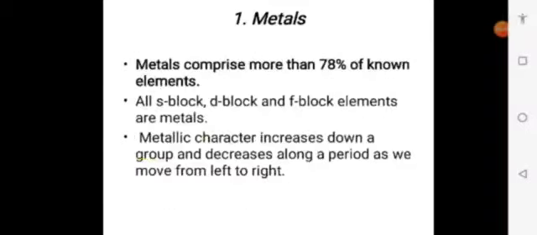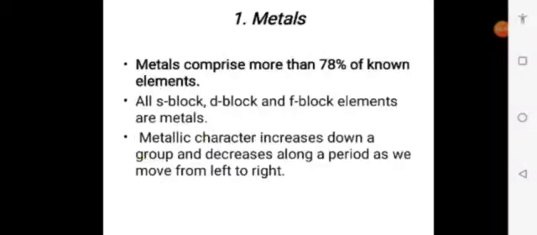Now, F block elements. These types of elements arise inside the transition elements, so they are called inner transition elements. They are all metals and are present at the bottom of the periodic table. These are classified into two series. The first one is called the lanthanide series and the second is called the actinide series. The lanthanide series has atomic numbers 57 to 71, while the actinide series has 90 to 103.